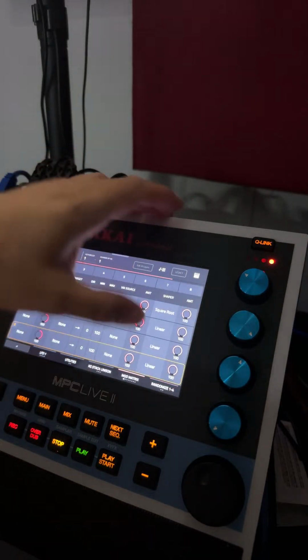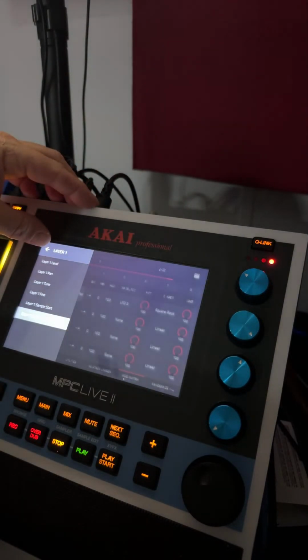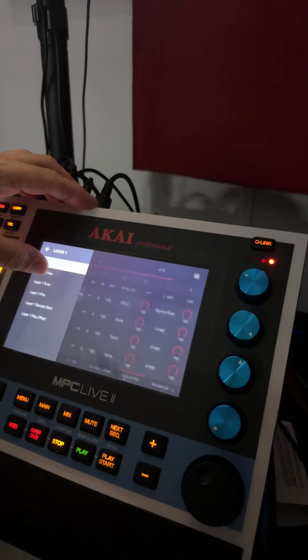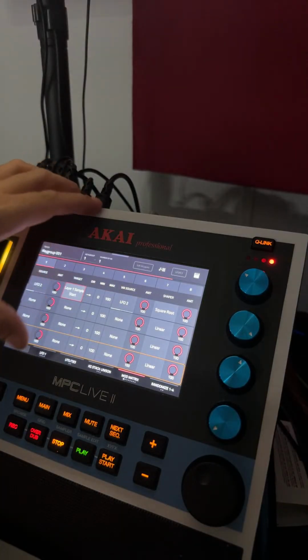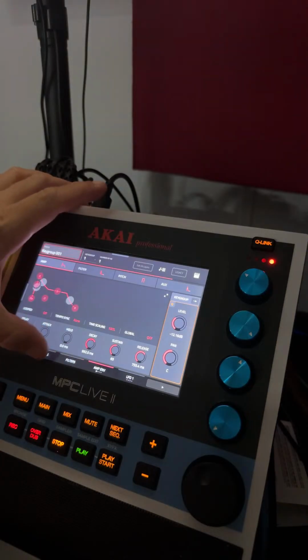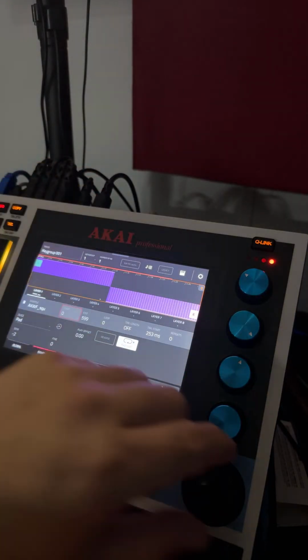All right, let's do something different. What about if I take layer one and let's do sample start and let's figure out what's happening here, because if I'm using sample start,